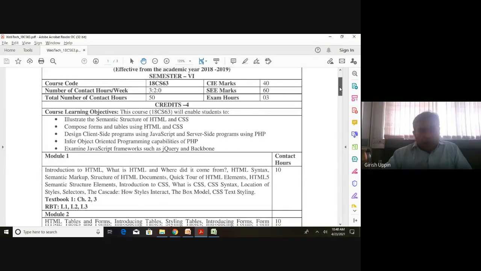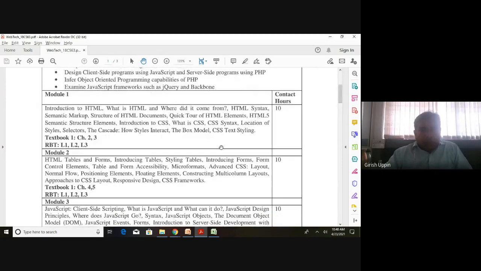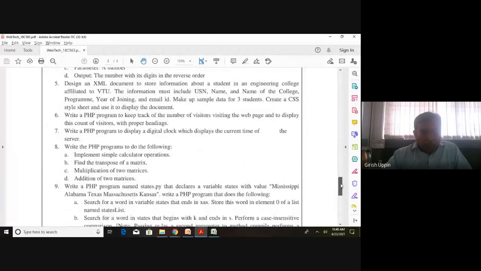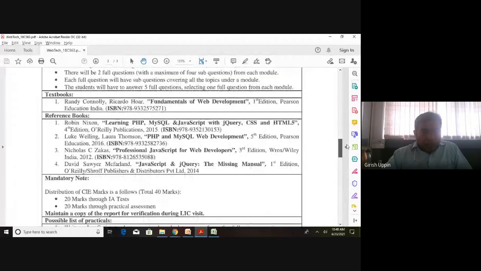Let us start with module one. As I said, the reference textbook for you is this one book, Fundamentals of Web Development by Randy Connolly. It will cover the complete syllabus.